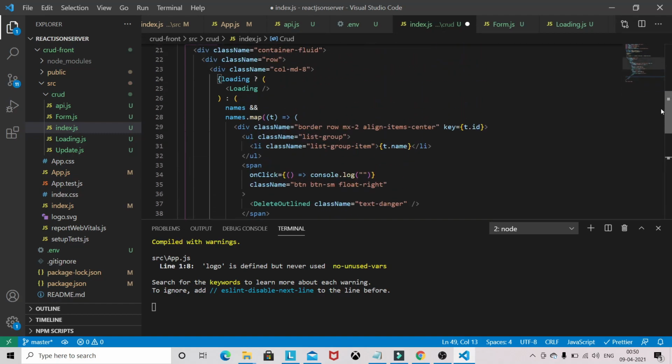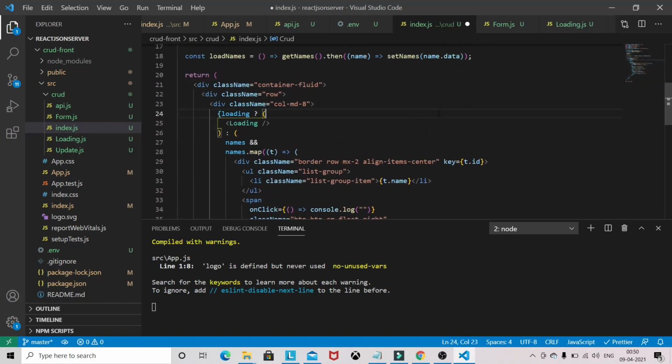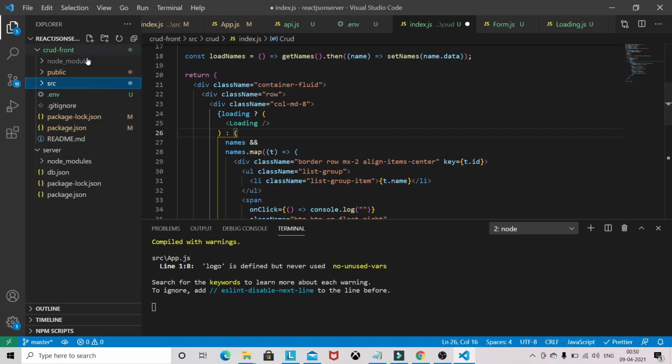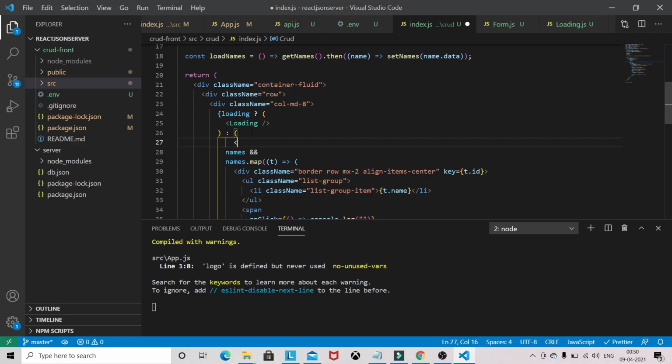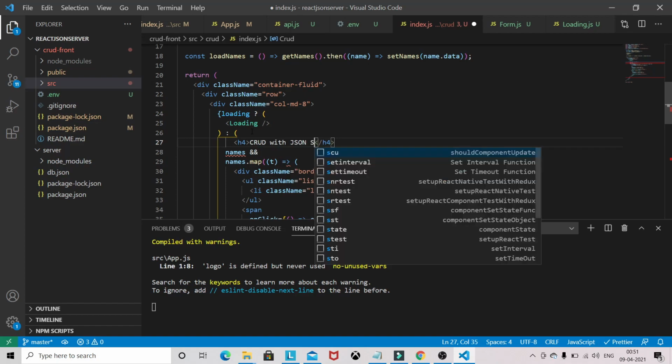Okay, and here we have to define... I'll keep the title CRUD with JSON server.